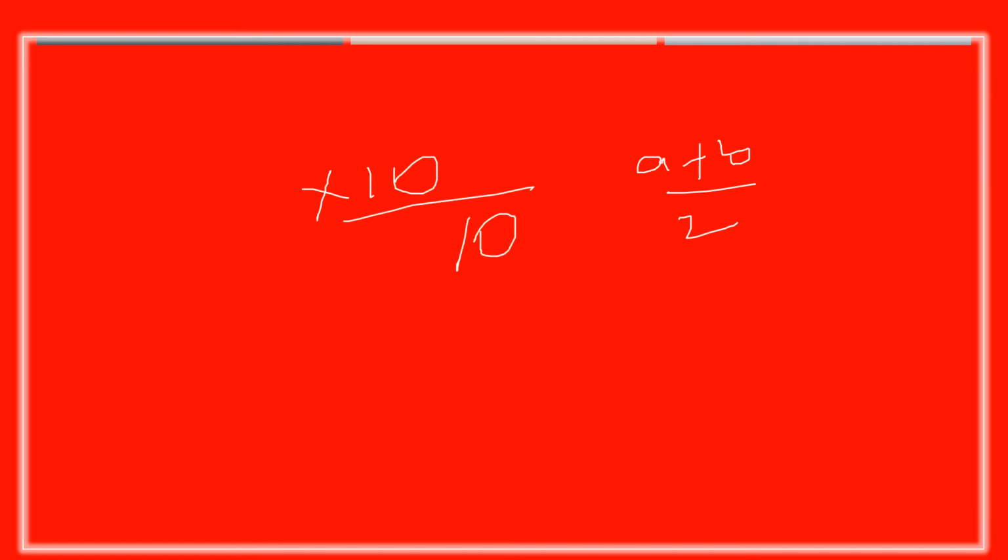So I got 8 by 12 and 9 by 12. These are successive numbers, so I cannot write one directly, but by multiplying by 10 by 10 I can write any rational number between them. Just now in the previous problem we discussed the into 10 by 10 method. So in this problem we'll go with the a plus b by 2 method.